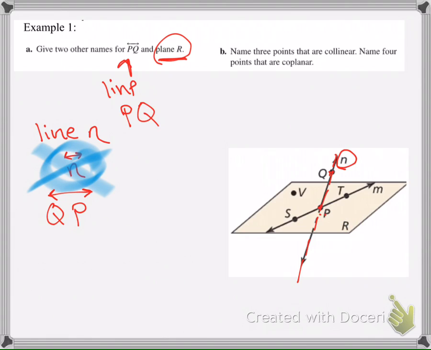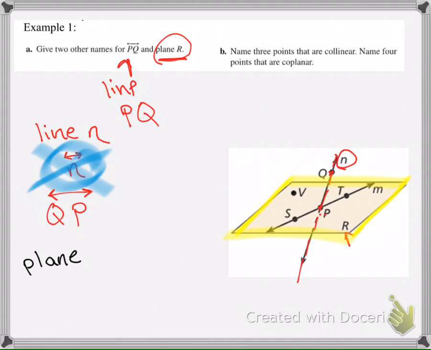So there's my plane R right there. So plane R is the plane that has R in it. So it'd be this plane right here. So I could call it plane R, but I could also name it based on 3 non-collinear points. So I could call it plane,